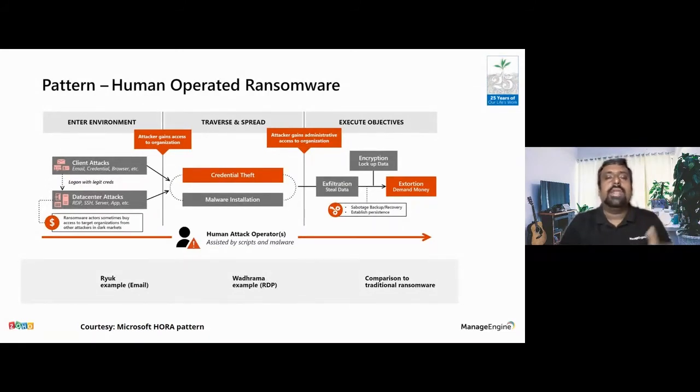It is operated by a human at various levels, step by step. Once they know they have gotten into a system, they try to do lateral movement, and try to get the credentials by various means at the endpoints, through the application, the operating system, the way it is stored, and all these things.